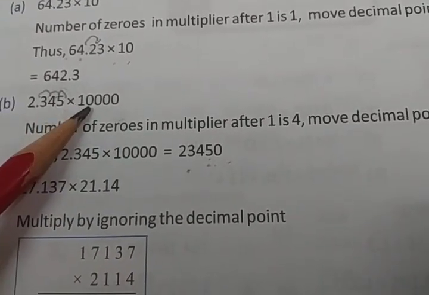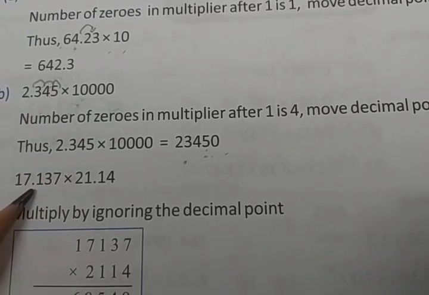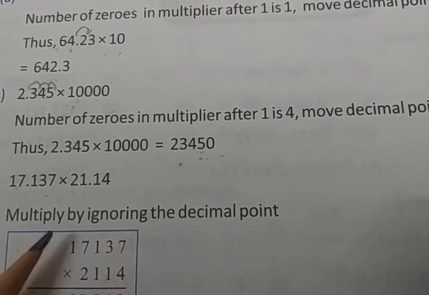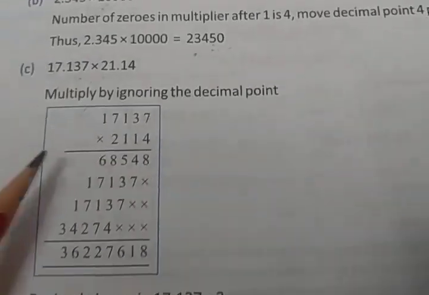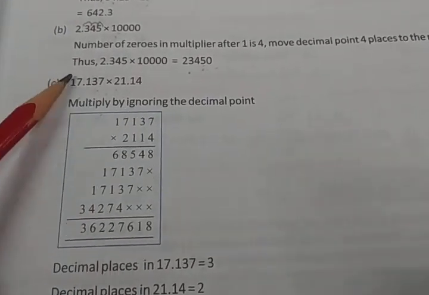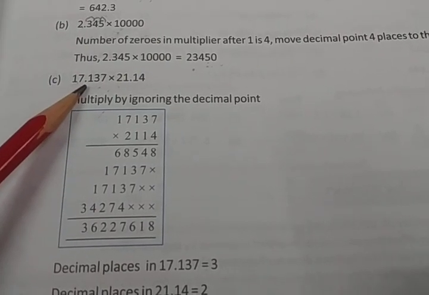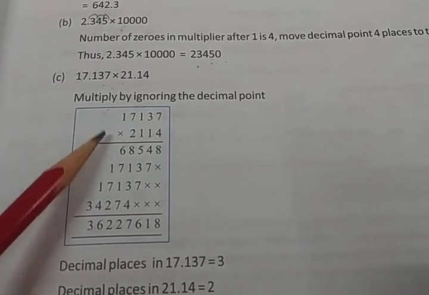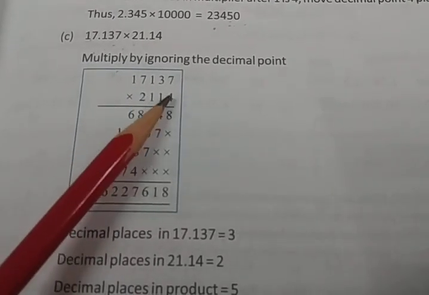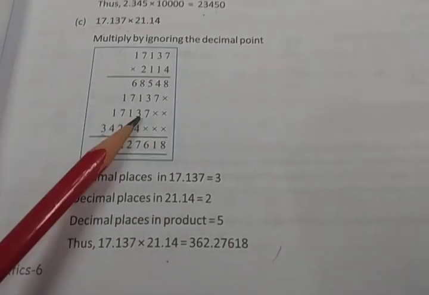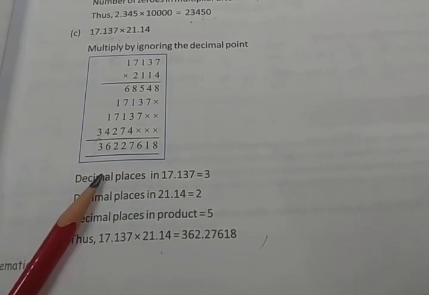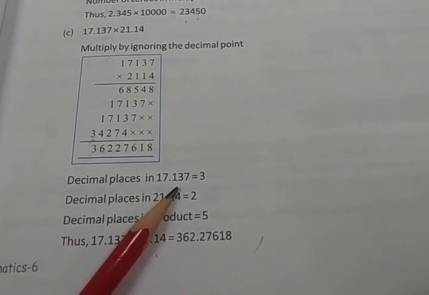If it is 10, 100, 1000, we can do it directly. But if there are numbers with decimals here, what to do? How to do the multiplication? The multiplication has to be done in a proper order only. We will follow the same steps. Just keep the decimal in the question only. We are not taking the decimal. At the last we will see the decimal place. The following is the same step of multiplication: multiply by 4 first, then by 1, then by 1 again, by 2, then do the addition of this.